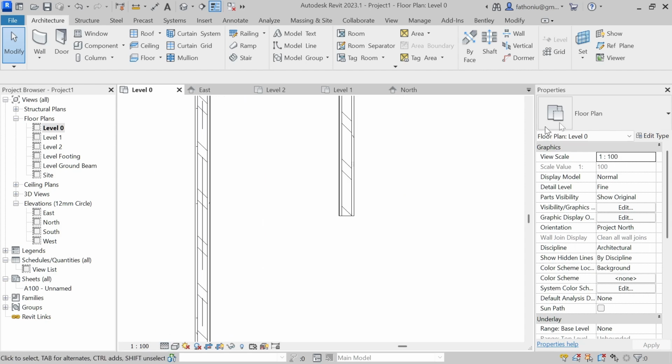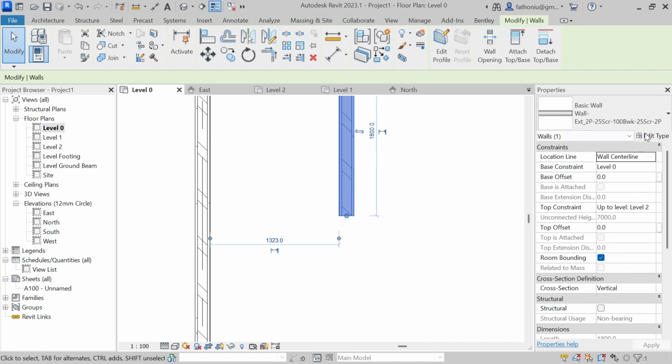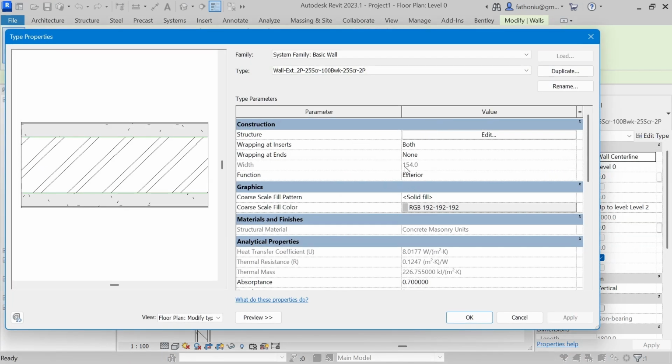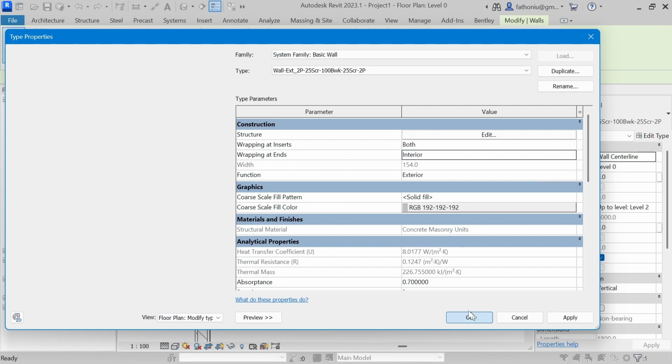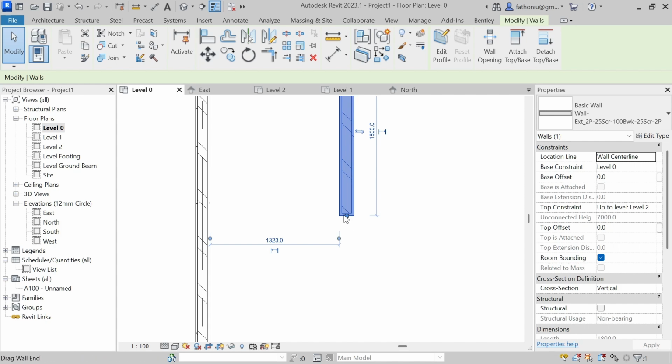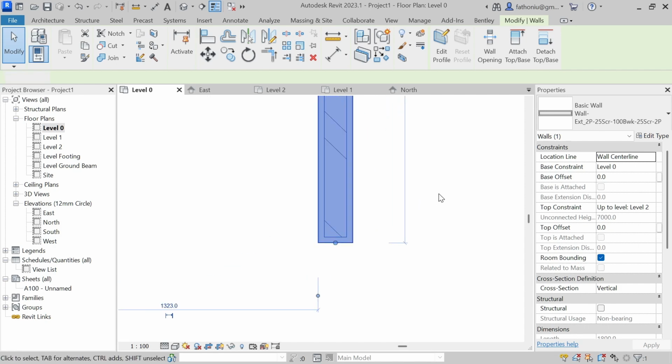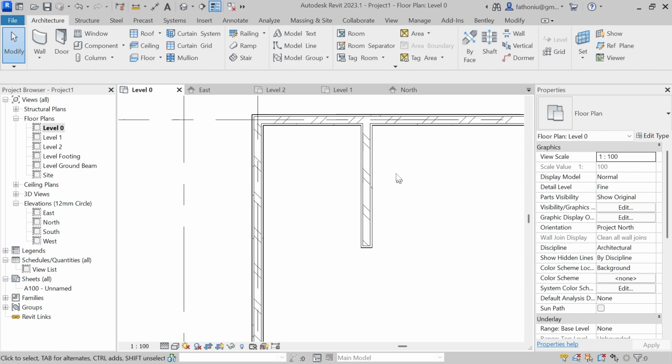So we click this one and then edit type, and make sure you have this one, wrapping at end, whether it is exterior or interior. You can select exterior or interior. Because the paint is different, we select interior, so then the paint will follow the interior paint, because it is located at interior. Okay, then